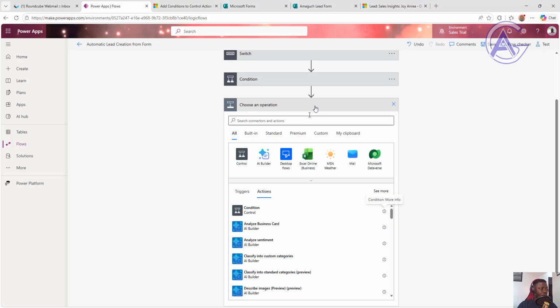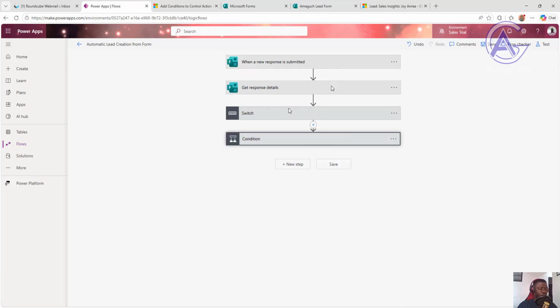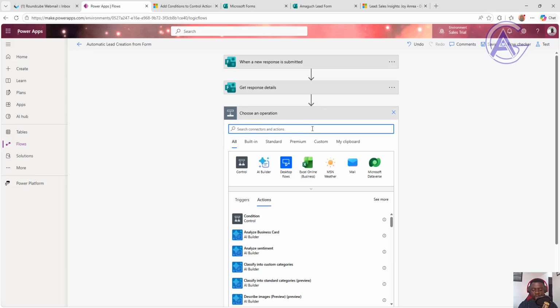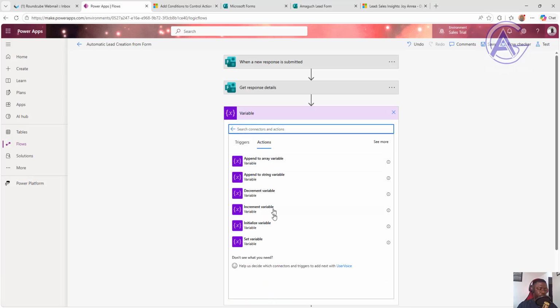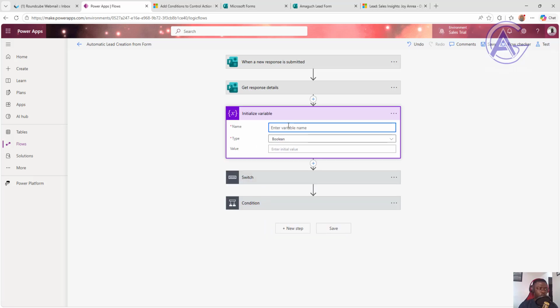If you go down here, to be able to declare a variable, most times you are advised to declare variables before they are being used. So let's say after this Get response, I want to declare a variable, so I'll search for initialize. If I say initialize, you can see Variable here. If I click on this Variable, it's going to give me all the possible variable actions. You can see set variable, initialize variable, increment variable, decrement variable, append to string variable, append to array variable. So what we want to do is initialize variable, and what we want to call this,